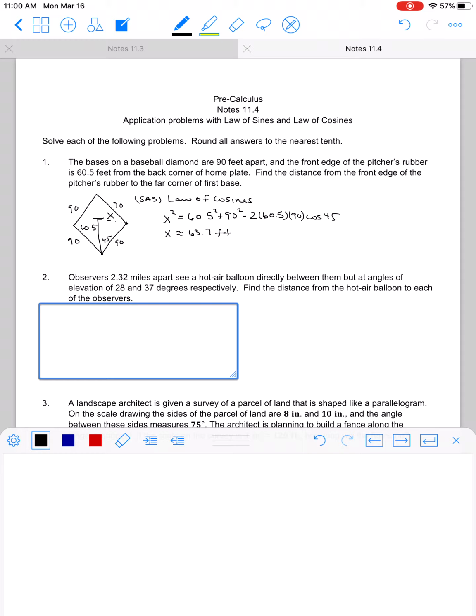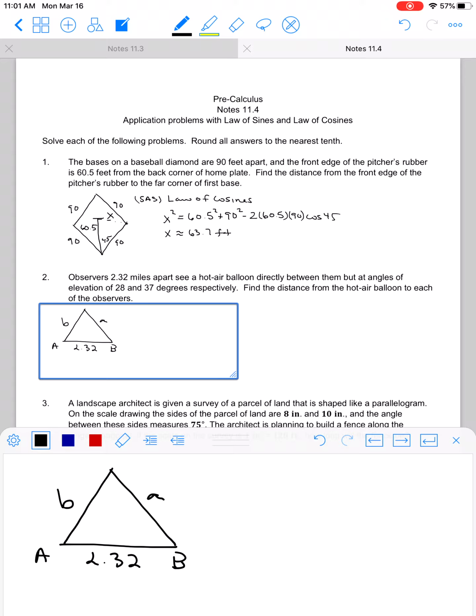So it says observers 2.32 miles apart. I'm going to call them observer A and observer B, and this is 2.32 miles apart. And then this is little b, and this is little a. And angles of 28 and 37. So if you add 28 to 37 and subtract from 180, I know it doesn't look like it, but my angle up here is